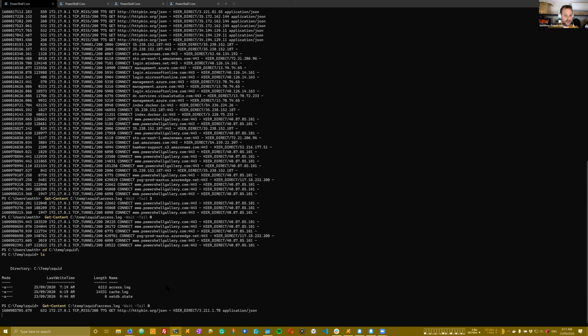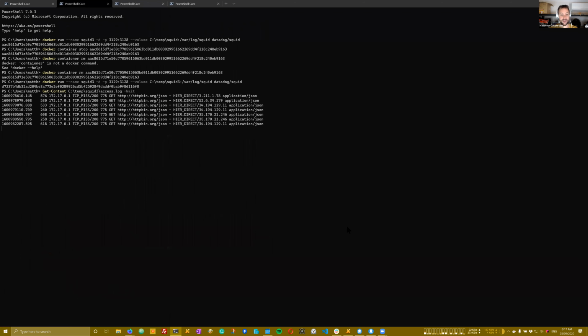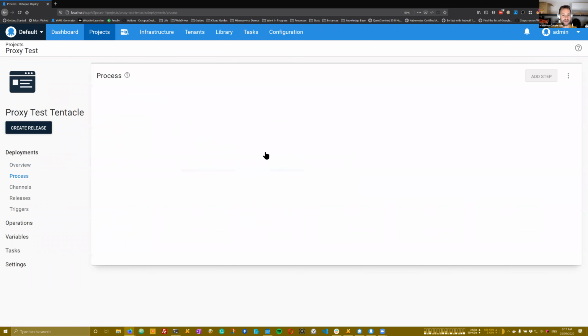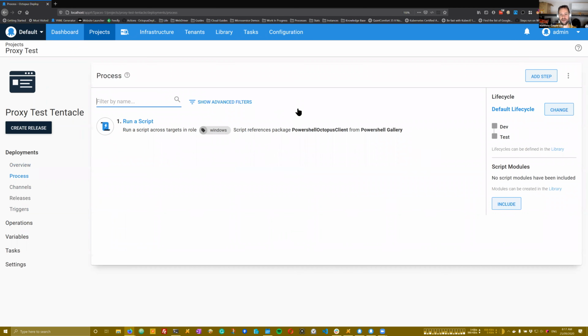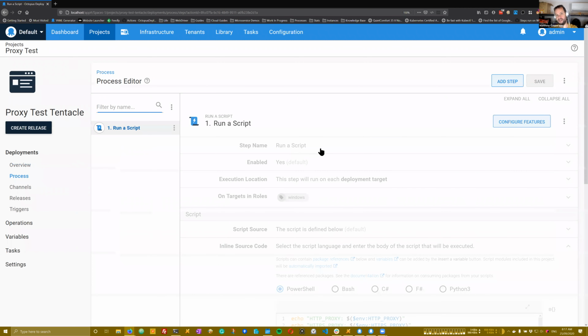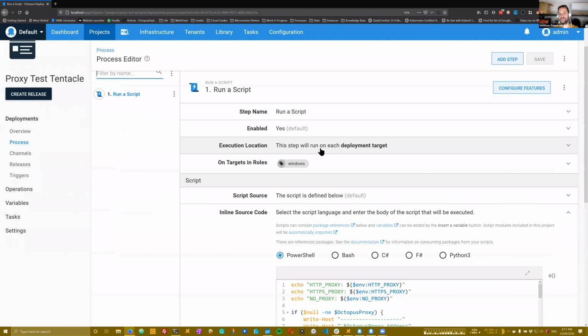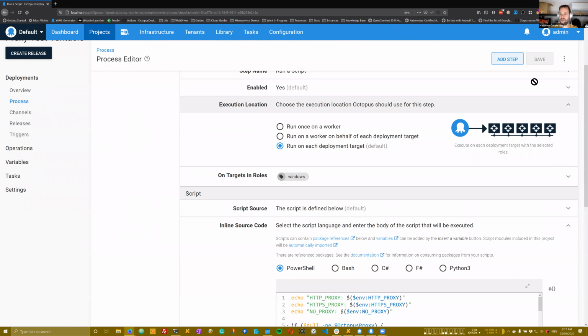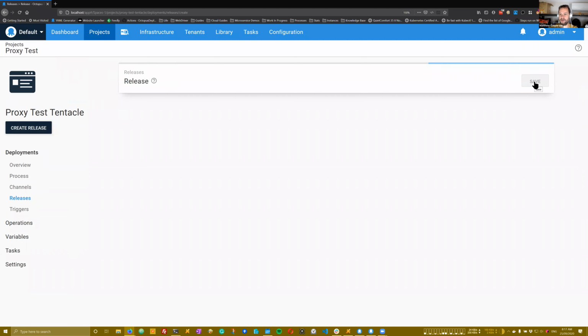So the next one is then, if we look at this one here, it's the same script, but in this case we're actually running on a deployment target. And the deployment target here in this case is a tentacle that has been set up with a second web proxy. So if I run that one,